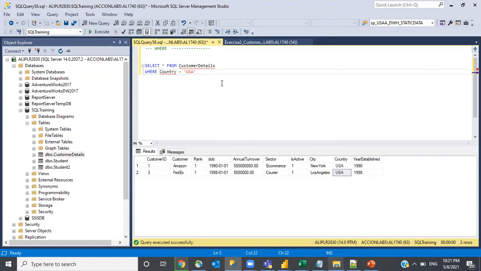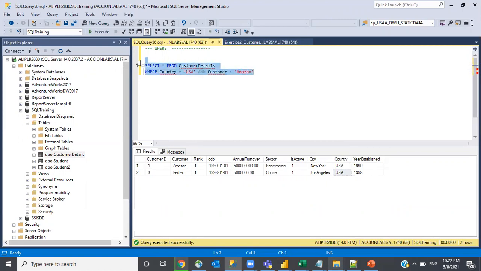It's very straightforward. You need to write the WHERE clause after the table name and then mention your column along with the data. Suppose you want to filter one more column, like the customer should be Amazon, the country should be USA, and you want to filter the customer Amazon. How can we do that? You need to place the AND operator, and write customer equal to Amazon.